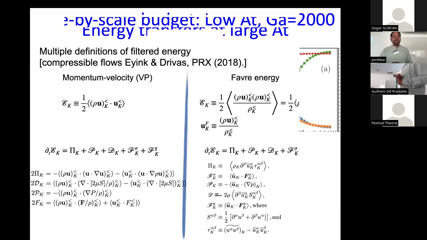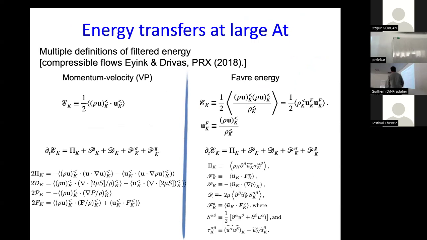But then you go ahead and you say, now I want to explain the final thing, which is energy transfers at large output number. This is where life becomes complicated. Why? Because now you can't ignore pressure. And there is a very good article by Aluie and Rivas on understanding energy transfers in compressible flows. And this is also very relevant for astrophysical MHD. And one of the most interesting things is that once you look at variable density, you can actually define infinitely many, not infinitely many, at least 6 or 7 definitions of energy.